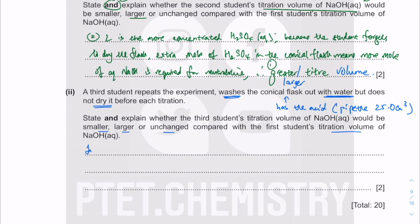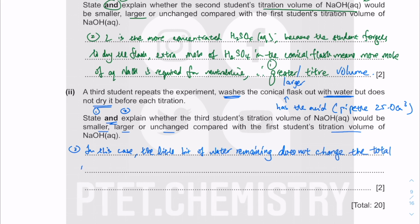Okay, so in this case, again, 2 bits to it, so I'll probably explain first. In this case, the little bit of water, presumably distilled water, remaining does not change the total mole of acid pipetted into the conical flask. Because when you pipette the acid, you pipette exactly 25.0, right, and you put it into